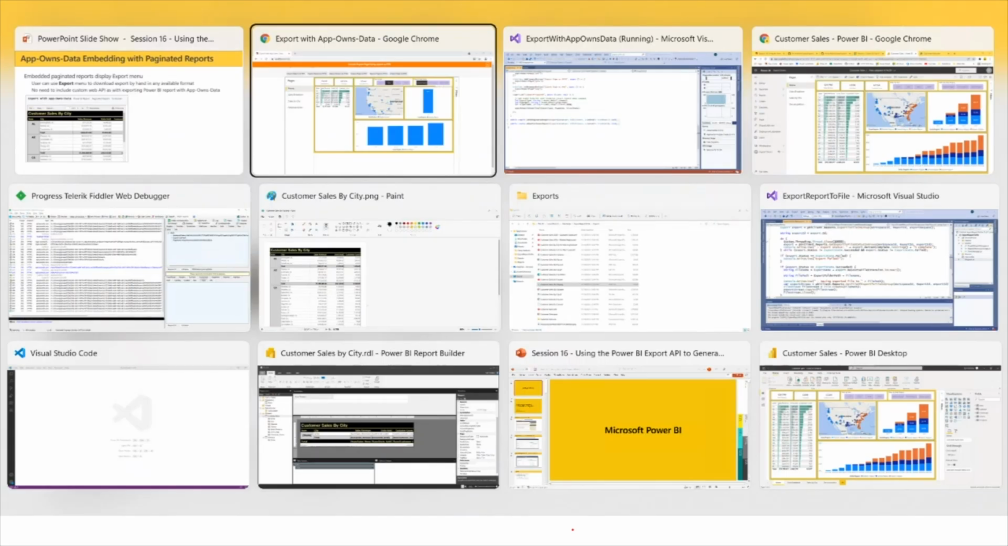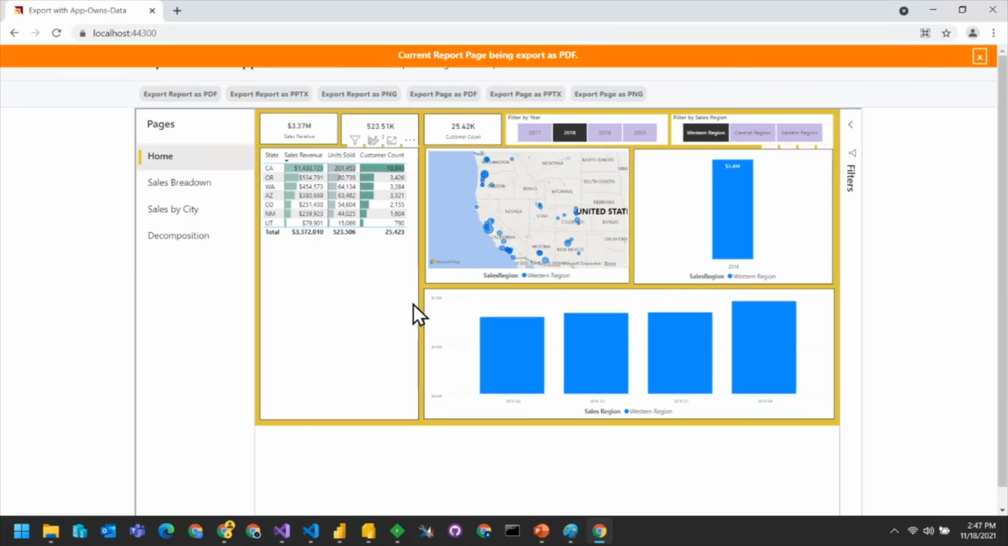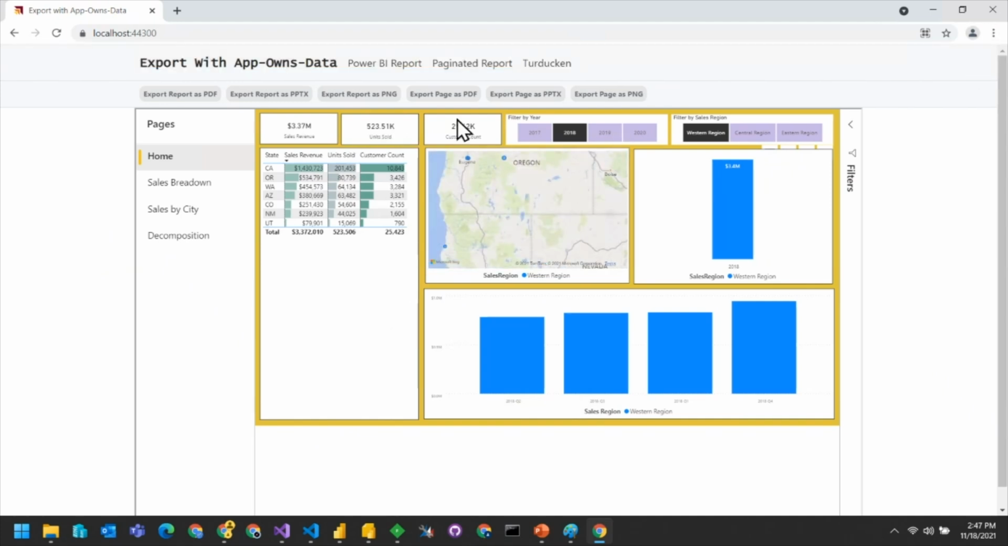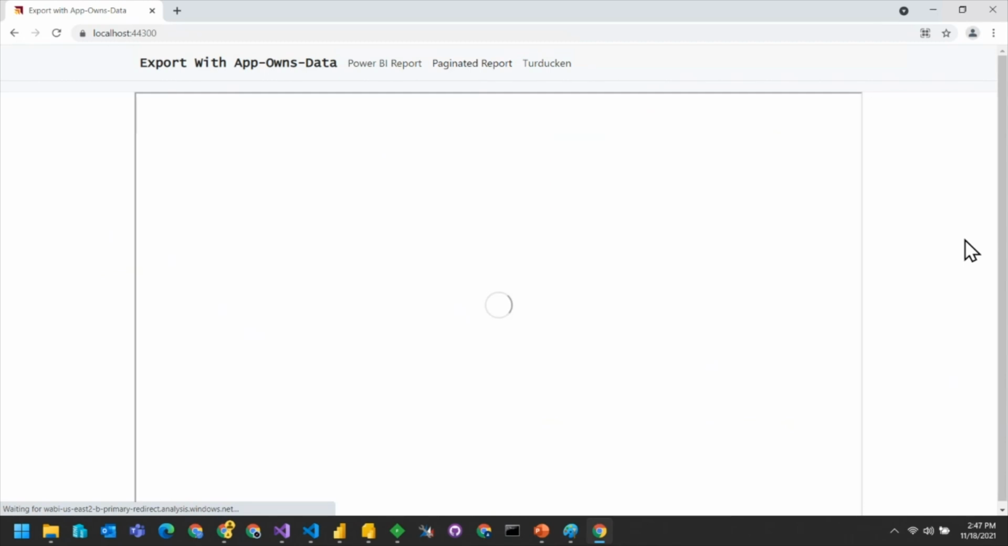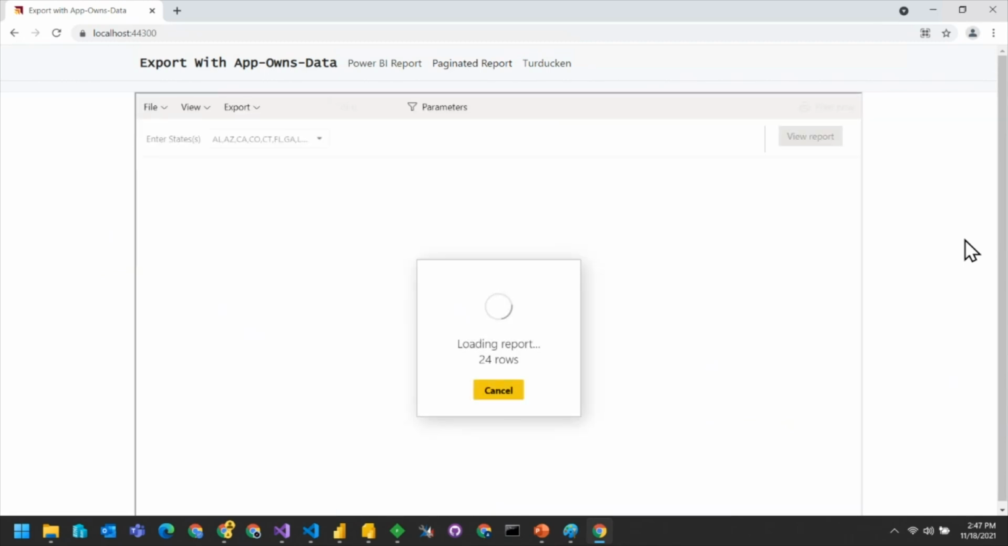And the idea is, let's say that instead of embedding these Power BI reports, what I would like to do is embed a paginated report. I embed a paginated report, and once again, this is AppOwnsData. I'm doing everything with service principal. And